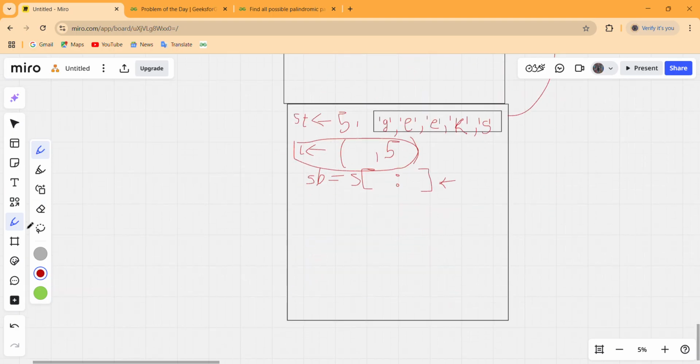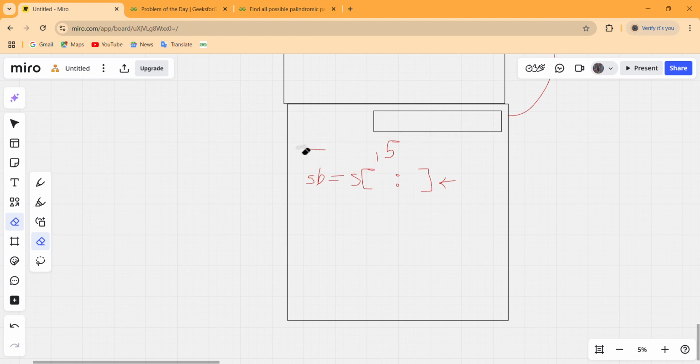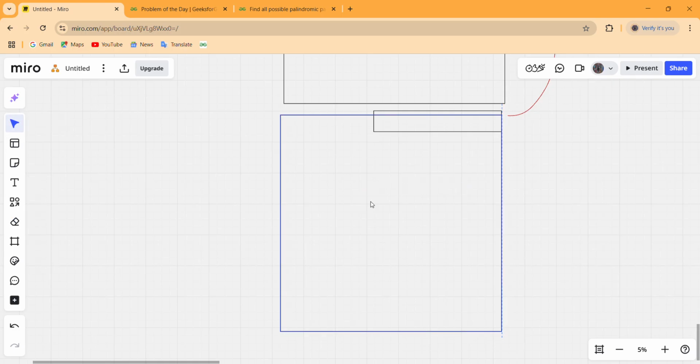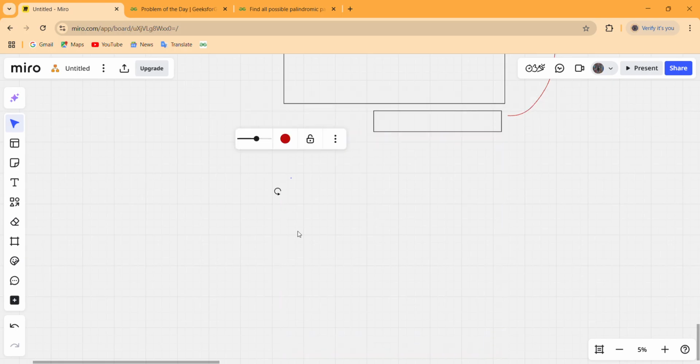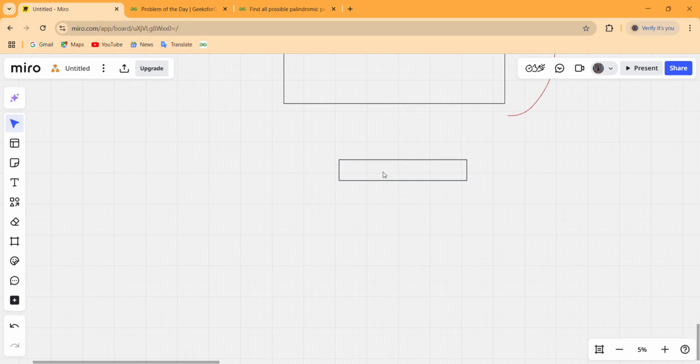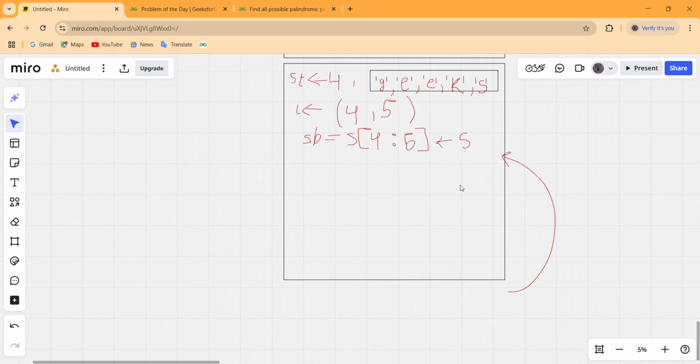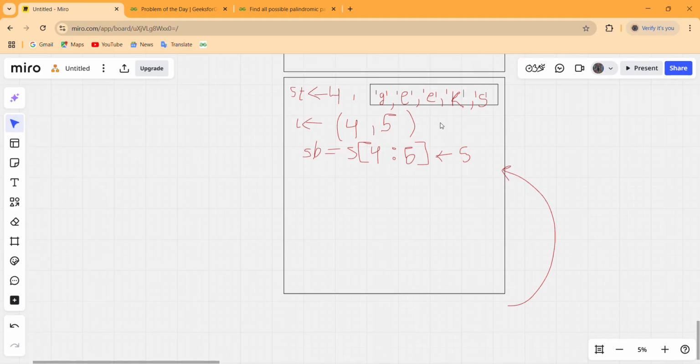So let us erase this function. Erase this and then delete this. So our control gets back to this function,